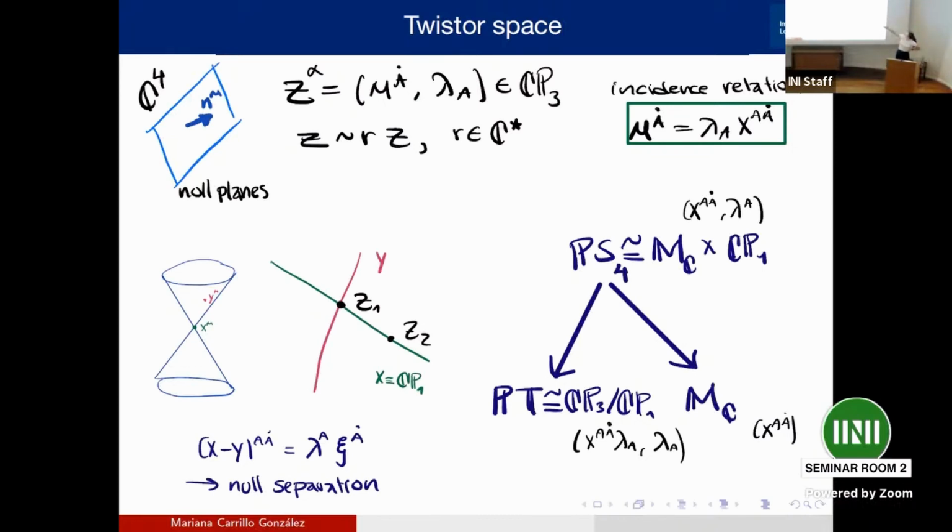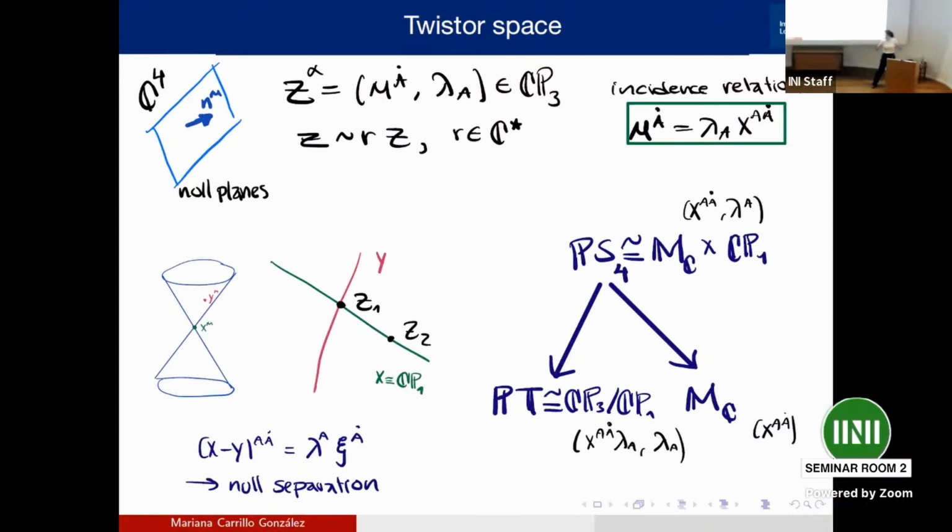Now, once you have defined this twistor, to define projective twistor space you actually have to define these coordinates in terms of something called the incidence relation, which just means that this dotted spinor will be related to the undotted one through x mu. So this x A A dot is just your coordinate x mu in coordinate space. And these incidence relations encode basically everything you want to know about twistor space and the relationship between twistor space